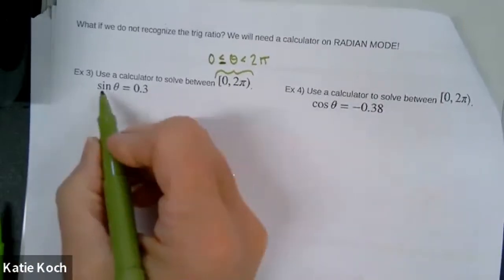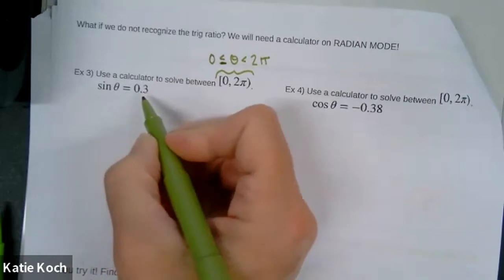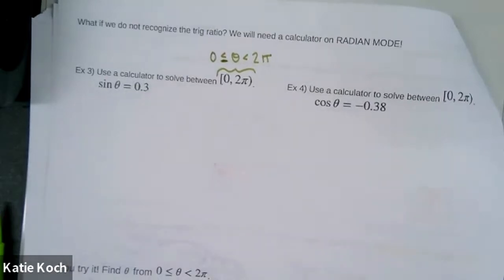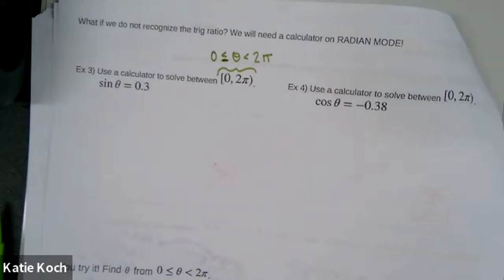So notice this is the sine of theta equals 0.3. I don't have that memorized. It's not like a 1/2 or root 3 over 2 or 1 over root 3. It's nothing that I have memorized. So that's why we need our calculator. But we actually need to be smarter than the calculator,